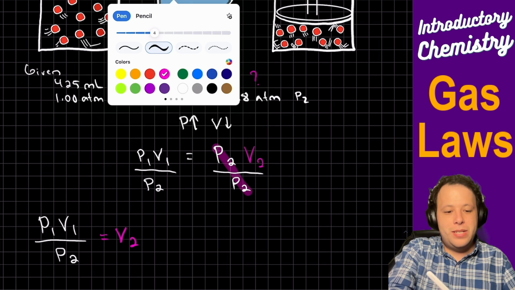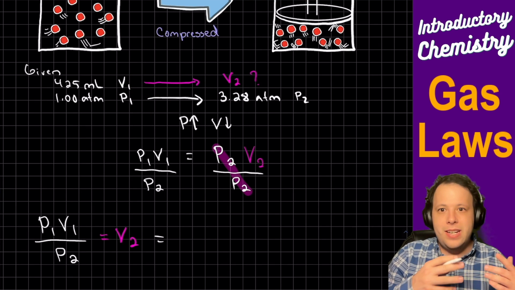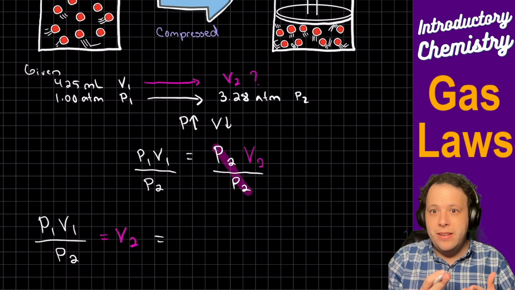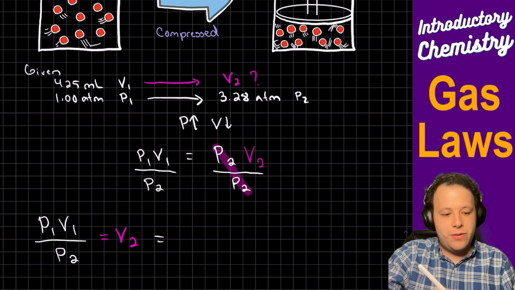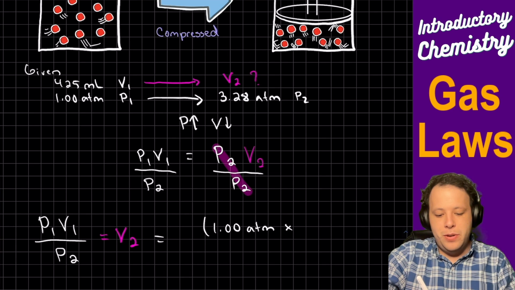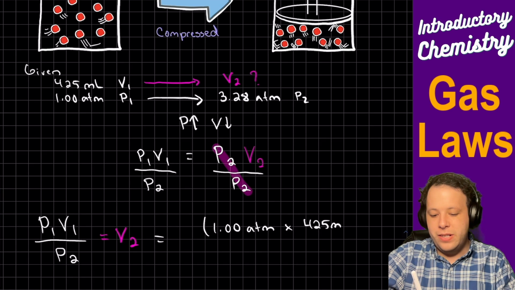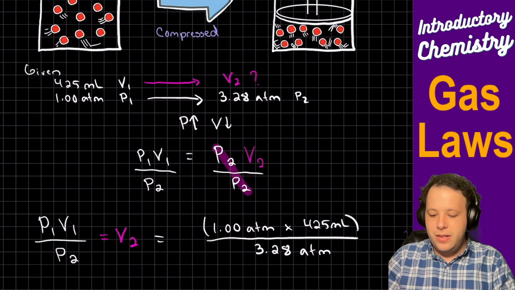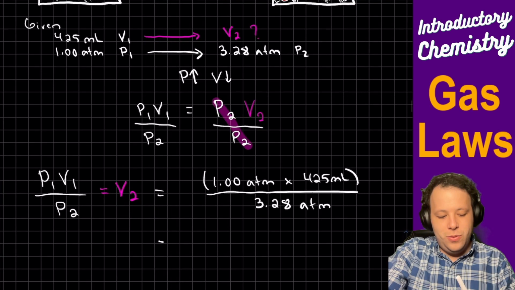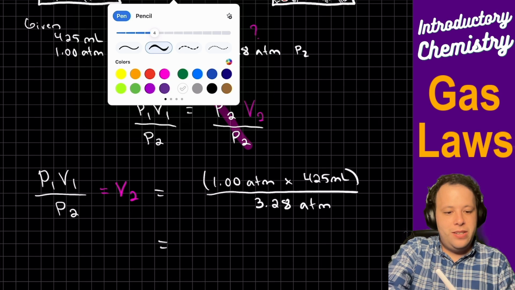So all we now need to do is plug in all of our information. When you're plugging these things in, whatever the common variable is, in this case pressure, they need to be in the same units. They need to be able to cancel each other out. So our initial pressure was 1 atmosphere, and that's going to be multiplied by 425 milliliters, and that's all going to be divided by pressure 2, which is 3.28 atmospheres. When we do that, V2 will be equal to